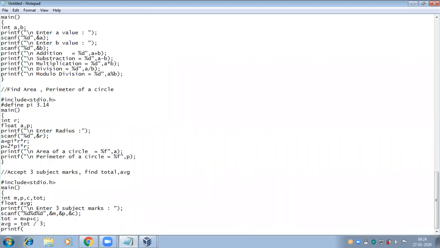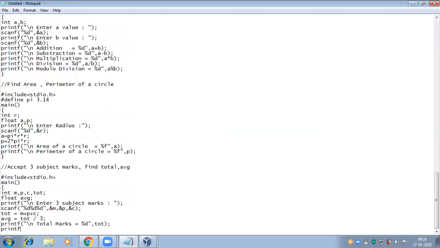Next I print the total marks as %d integer value. Average is float, so %f.